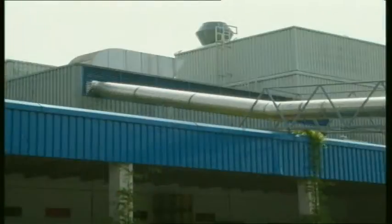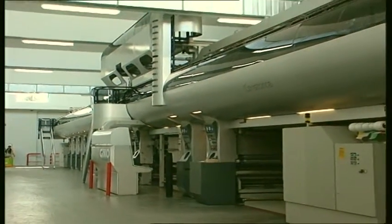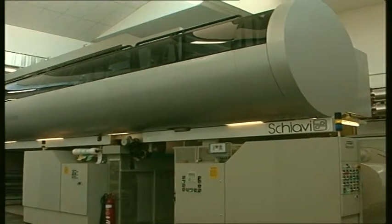Giko's clients can rely on a highly qualified service due to the company's high level of technical innovation, strong concern for hygiene and environment protection matters, as well as an expertise of products that is suited to a company this size. This 9-color Pulsar rotogravure printing press with inline lamination, recently installed in Giko's production facility, is at the heart